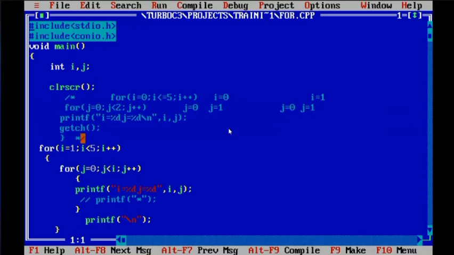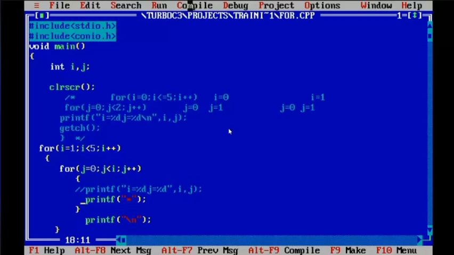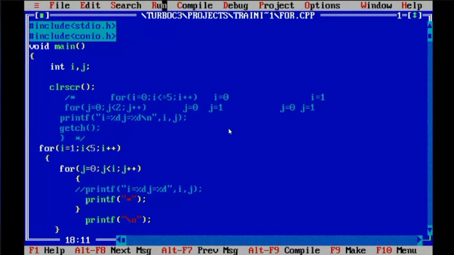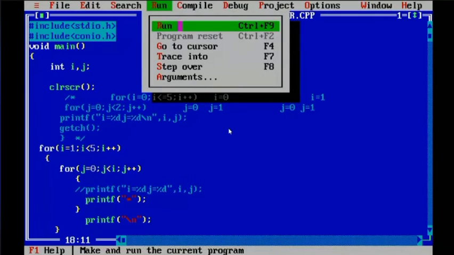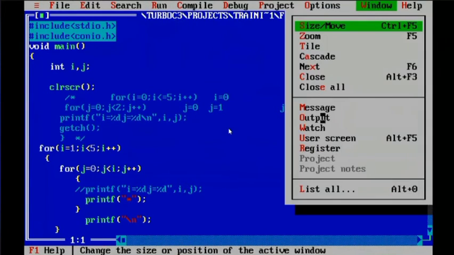So now if I remove this line and if I just activate this, let us check what output we get. You can use getch to get the output at a stretch.